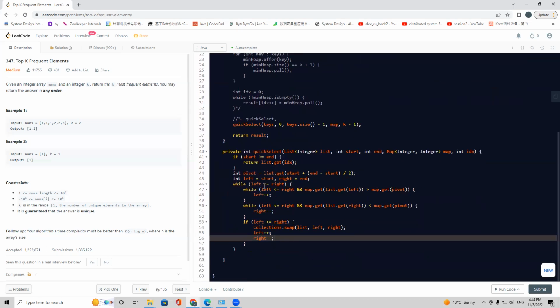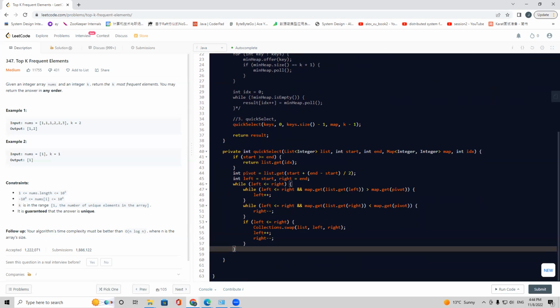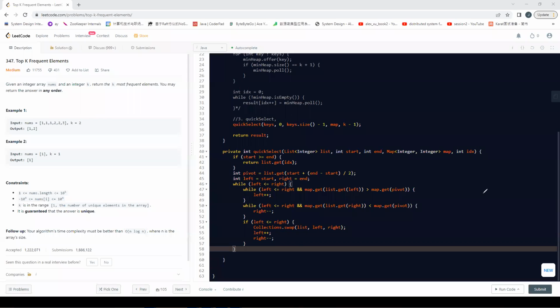After we finish this while loop, the left pointer will be here, right? It will be one index to the right of the right pointer. So left will be here and the right will be here, and this will be start and this will be end. Based on this scenario, we're trying to see whether this k index is in this range or this range. So we write